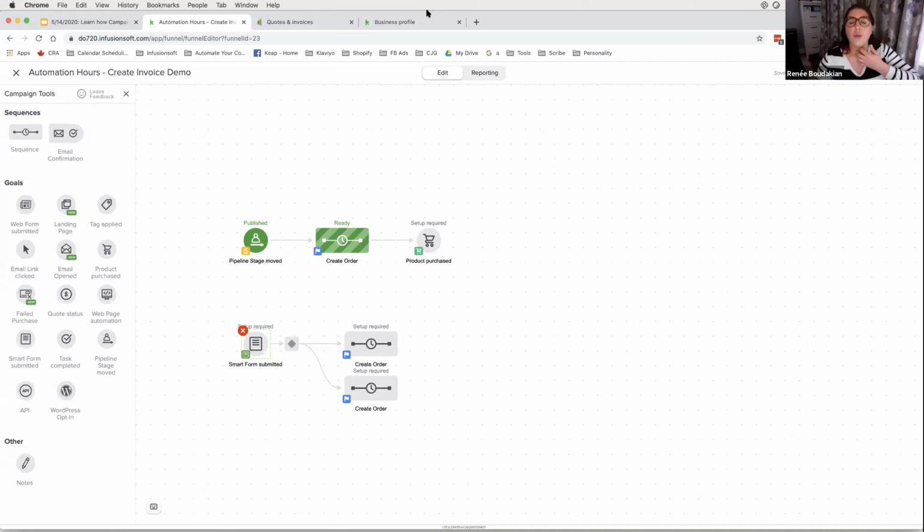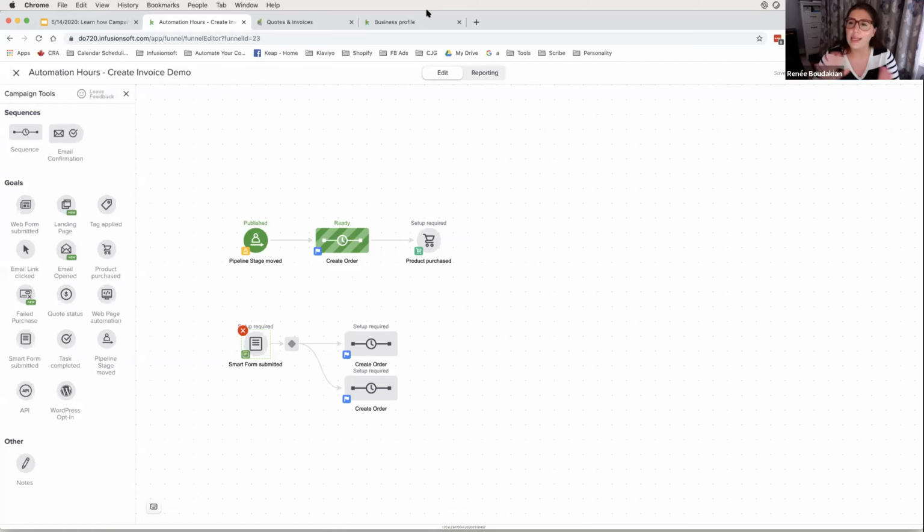What you can't do, Cameron, is you can do that if you've got the different variations for it pre-set up. So if you know that you might sell it for $100 or $150 or $200, what you can't do is on the fly using a smart form. You can't put $123 and then have that create the order with that number. You would have to have your different options already pre-thought through, and then you can use the smart form to put them into the right sequence, which would then charge the right amount with the right